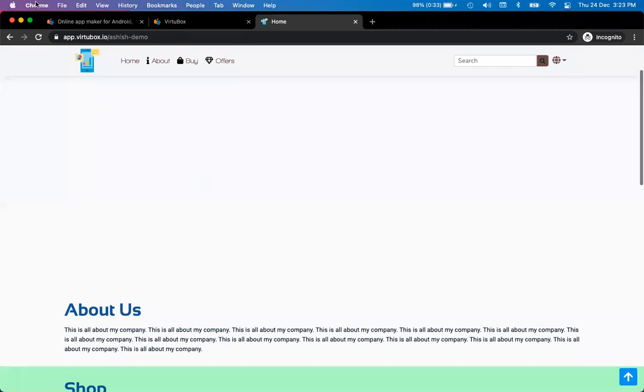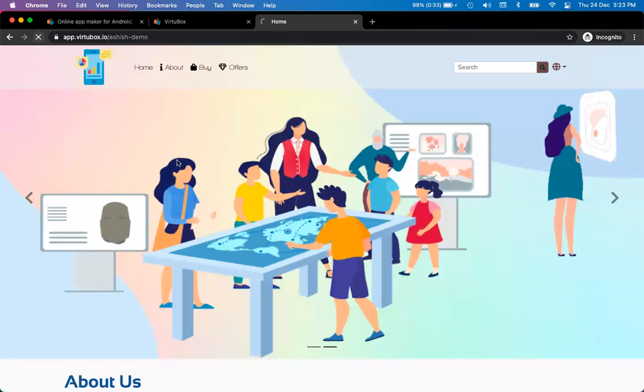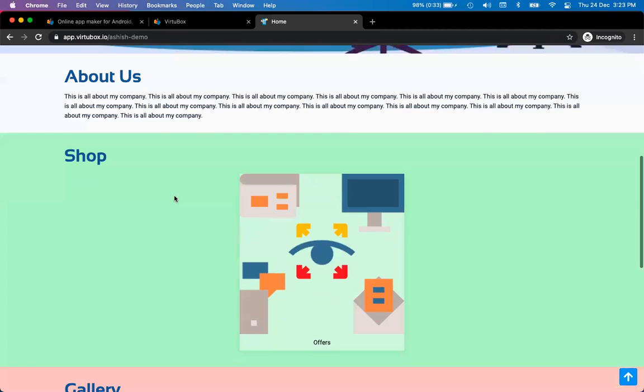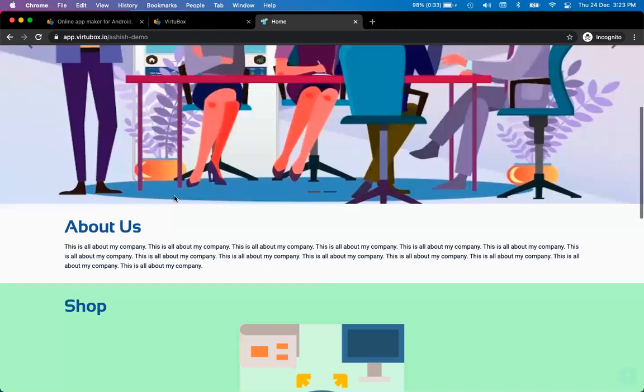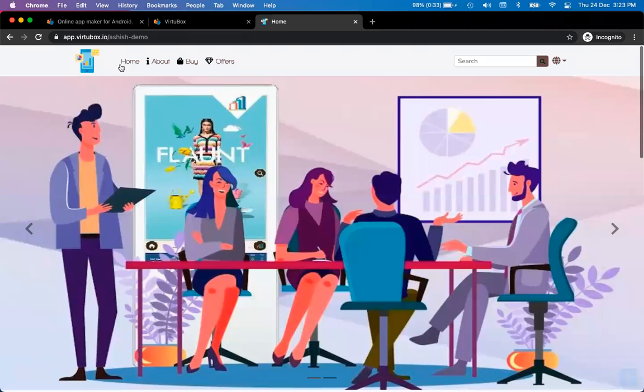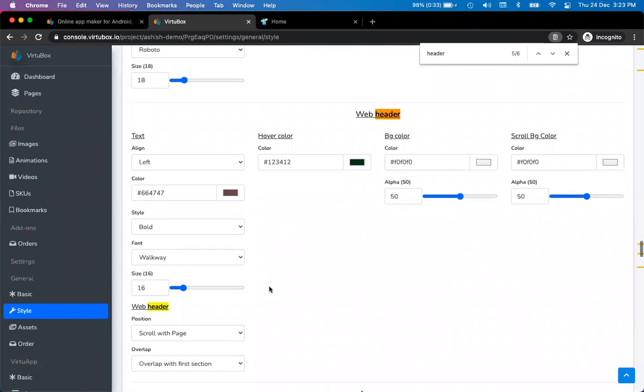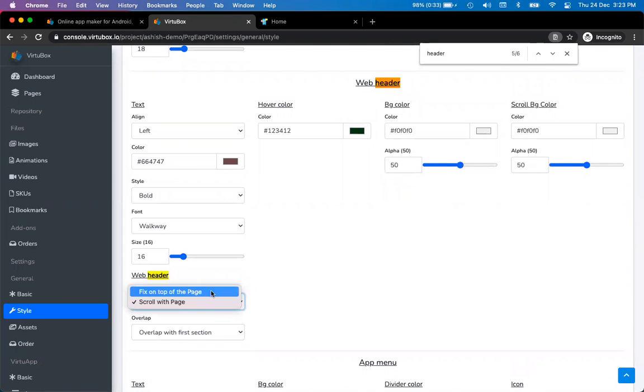If I say scroll with the page and just press refresh, so the header is right here, which goes. So this is a different type of header now. This is on top, and when the header is scrolled with the page, then it doesn't overlap with the first image also. Overlap with the first section is no more valid if there is a scroll option. Okay, I will just keep it again fixed on the top of the page for now,